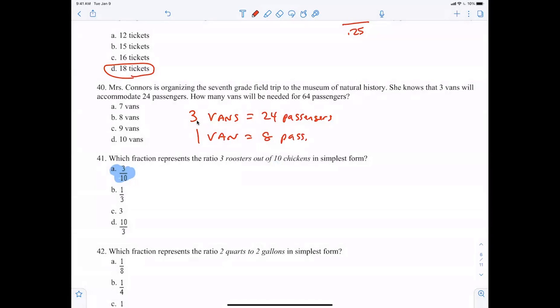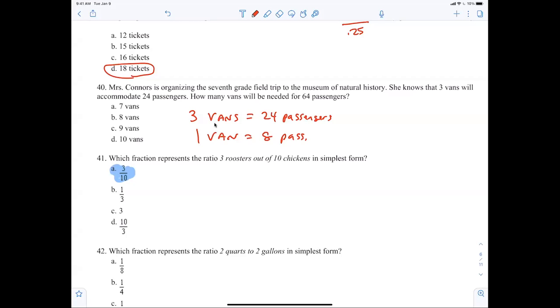You with me? So you have 64 passengers. How many vans do I need? The 8 passengers. Yes. Well, no. No, not at all. Sorry, I'm having technical issues here. There we go. So